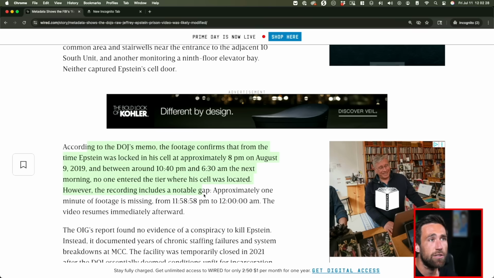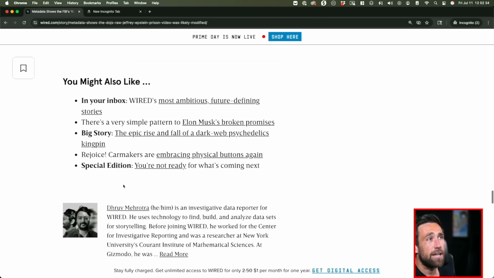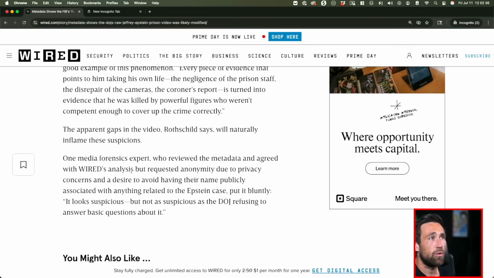However, the recording includes a noticeable gap. About 1 minute and 2 seconds is missing. Video resumes immediately afterwards. Blah, blah, blah. The gaps in the video, along with this metadata, are certainly suspicious. Wow! The story just keeps going. This is crazy. Well, let's just say,